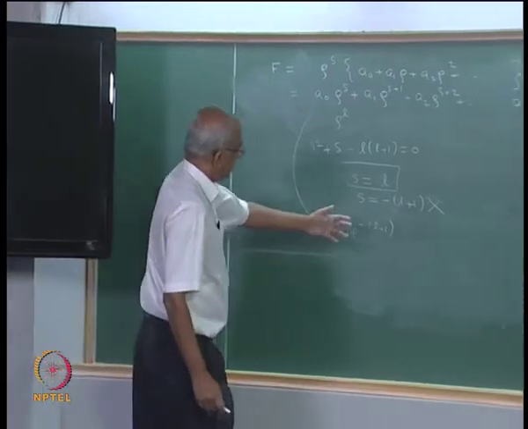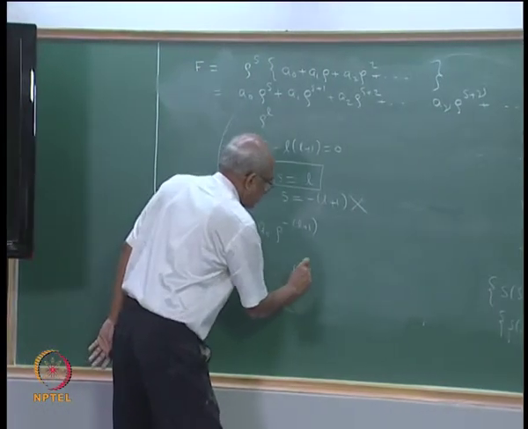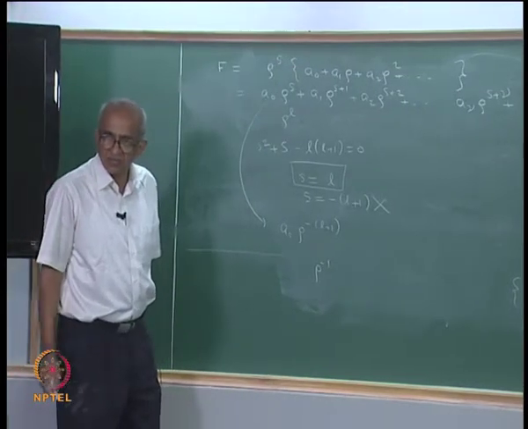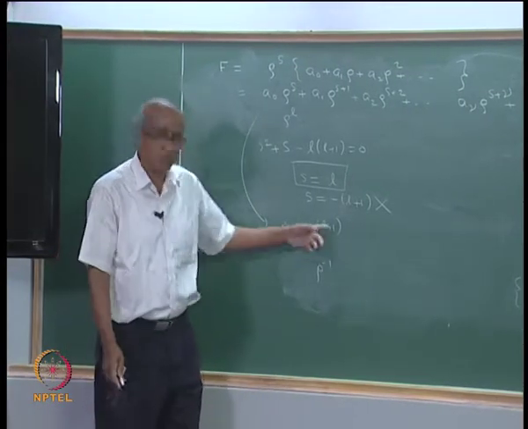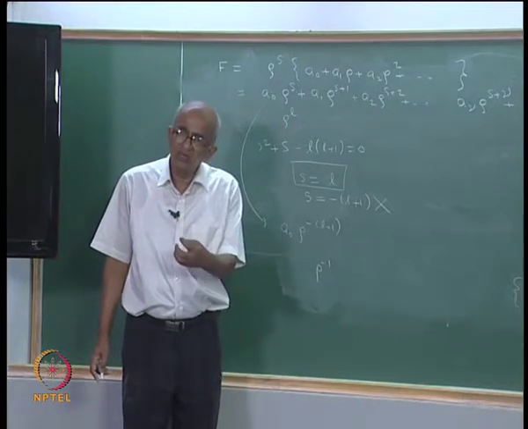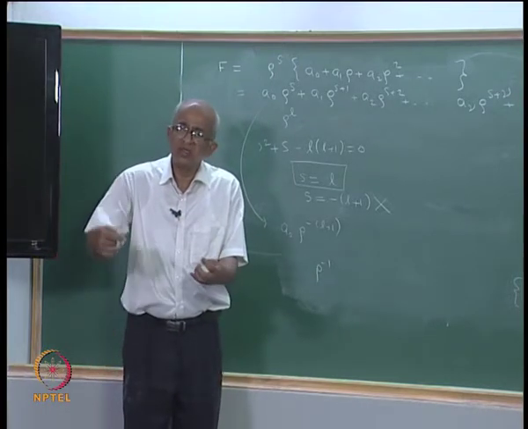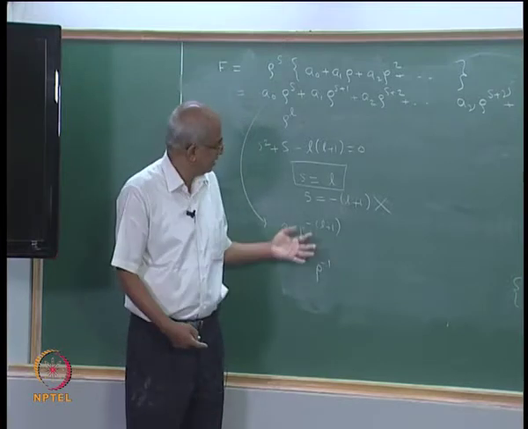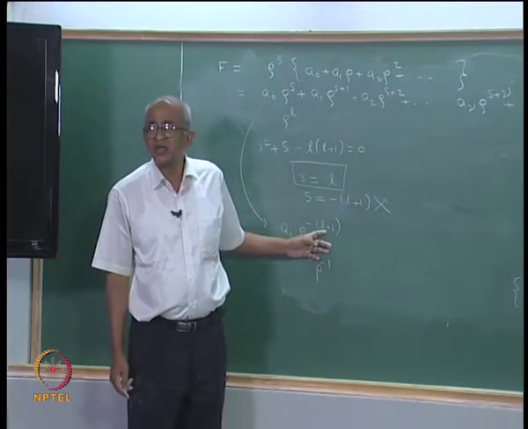What will happen? If L is 0, you will have rho to the power of minus 1 here. If L is 1, you will have rho to the power of minus 2 and so on, and what will happen when rho becomes very small, that is when you are approaching the nucleus, the solution will actually diverge to infinity,